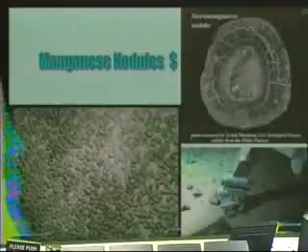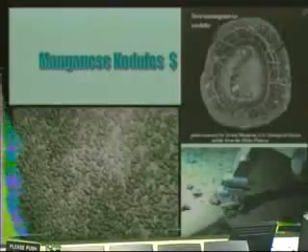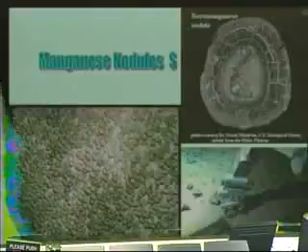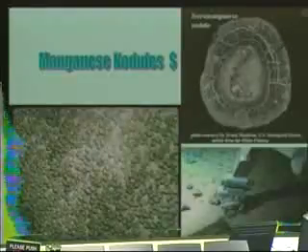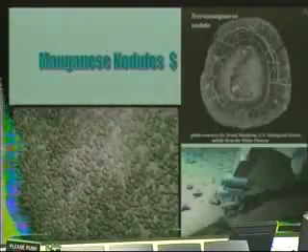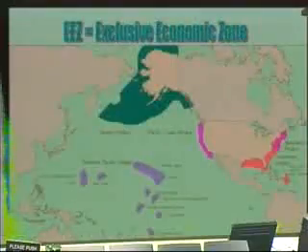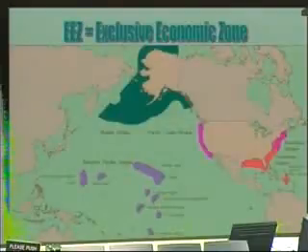Way back years ago, I remember seeing these cartoon renditions of a ship with a giant vacuum cleaner in the back to suck them off the bottom and then pull them up and then process them. And they're all over in different areas on the seafloor. Okay? We need technology to get them if we need them. But the big question is, who owns it? Who do they belong to?